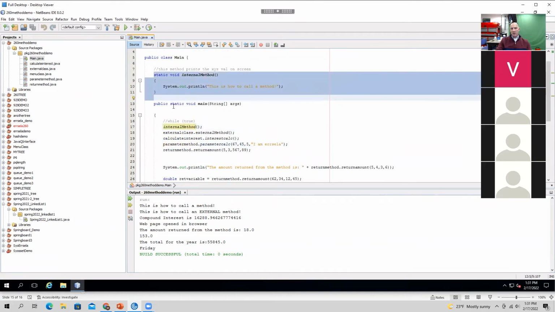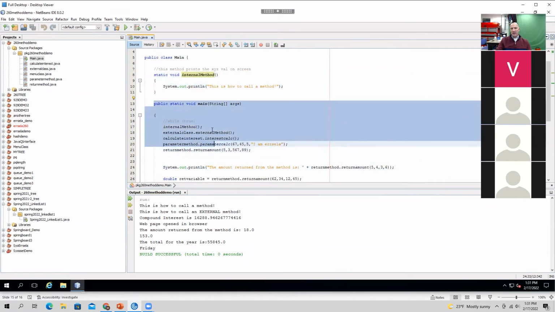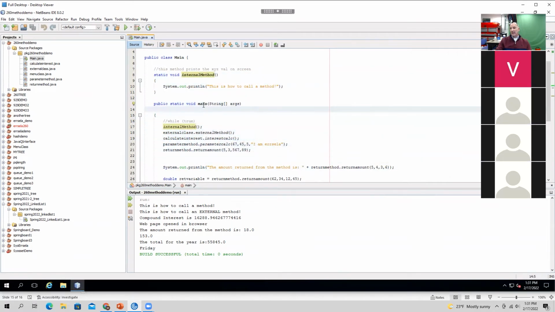Method 1 and method 2, right? Anytime we have multiple methods inside of our application, they need to talk to each other, maybe, right? They don't automatically run. You create a method and it does something specific. It prints something out, it looks something up, it calculates something and gives you a value back. It calculates something and doesn't give you a value back. It exports a text file. It does something, but it doesn't automatically do it until you tell it to do it.